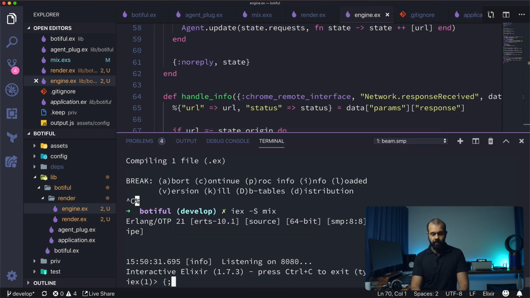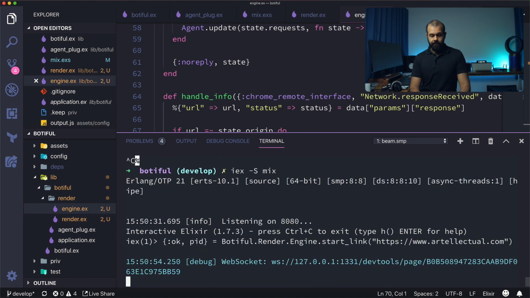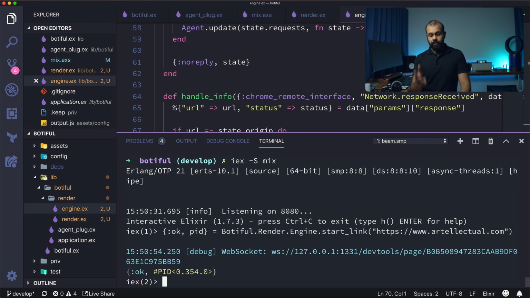So okay, PID equals Botiful.Render.Engine.start_link, https://artelectual.com. All right, so everything should be okay. So I'm going to go ahead and make that call. So Botiful.Render.Engine.network_requests